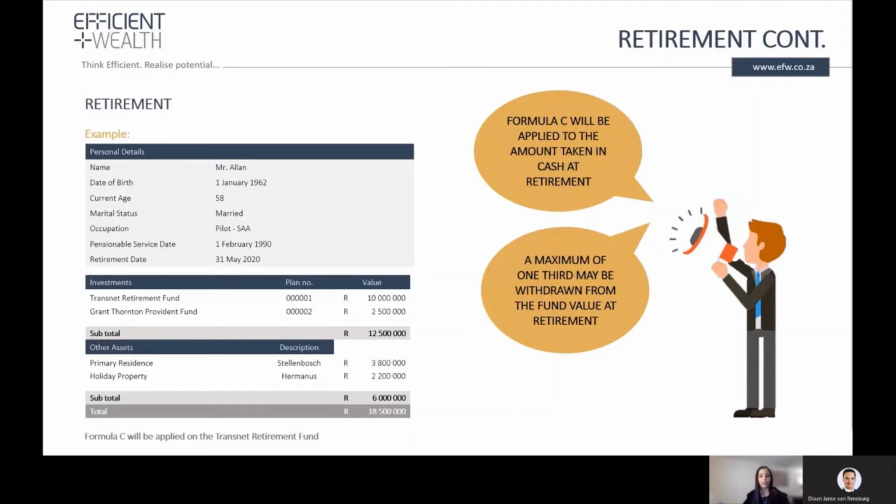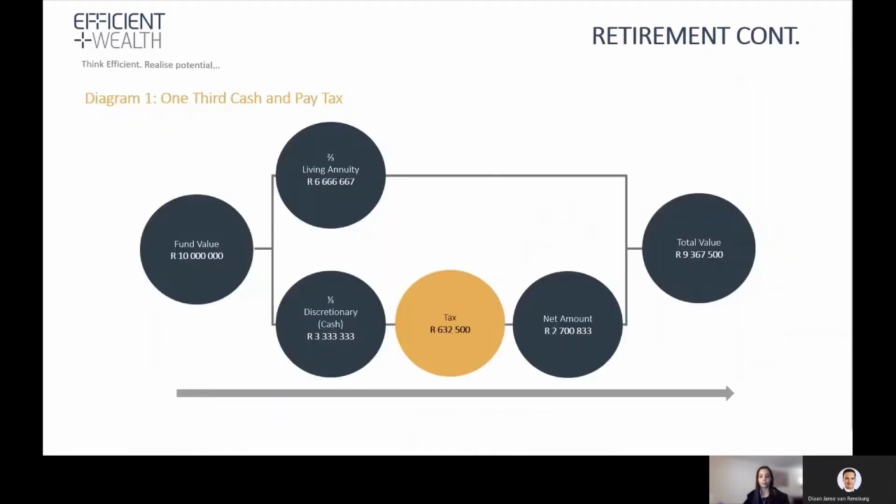He has a primary residence and holiday property. Formula C will only be applied on the Transnet Retirement Fund. Formula C will only be applied to the amount taken in cash at retirement, and a maximum of 1/3 may be withdrawn. So let's look at the first diagram. 1/3 is taken in cash and taxed, so 1/3 would go into a discretionary fund and 2/3 into a living annuity. The client will therefore pay